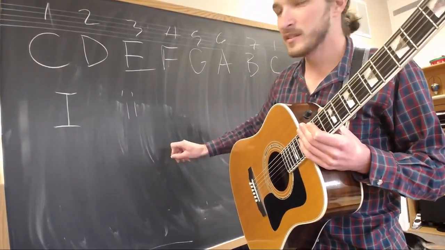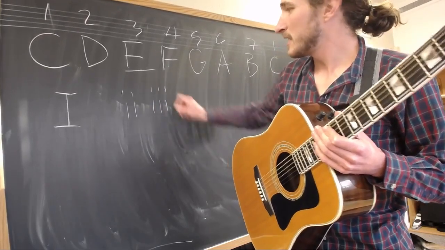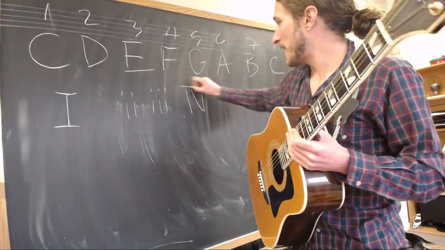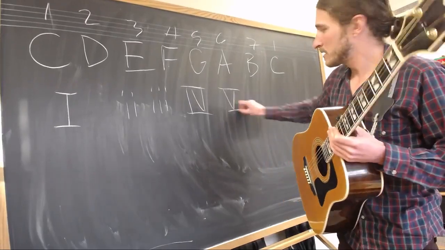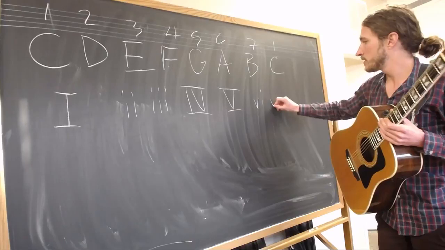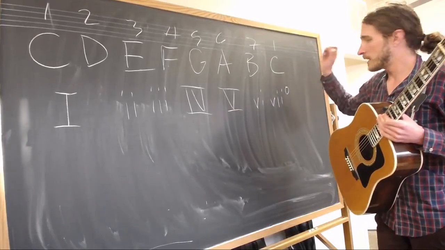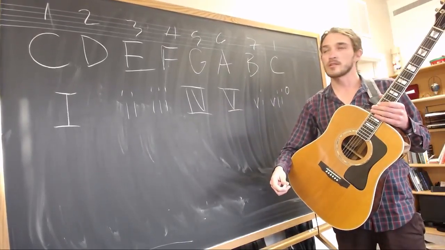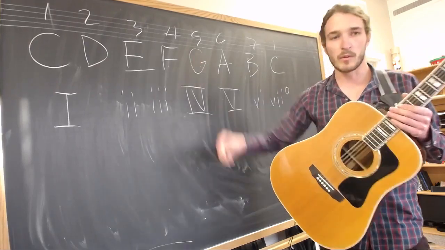2 is minor. 3 is also minor. 4 and 5 are major. 6 is minor. And 7 is diminished. So if we're building chords in C,